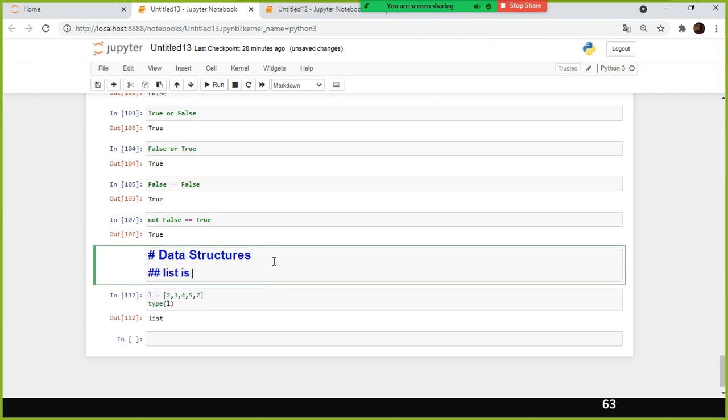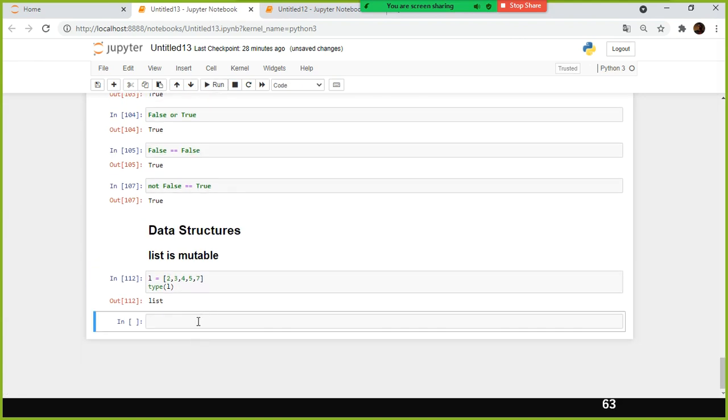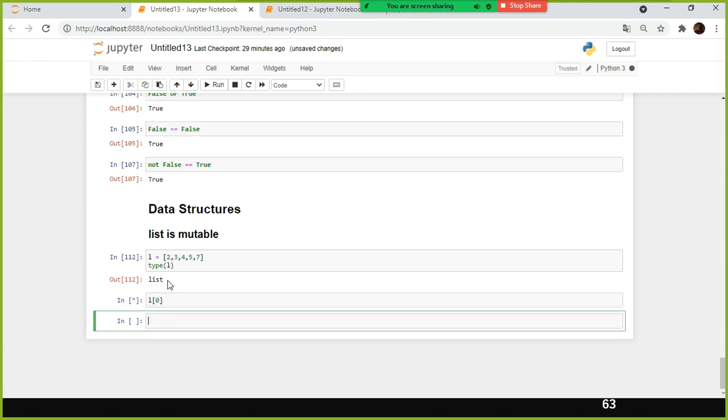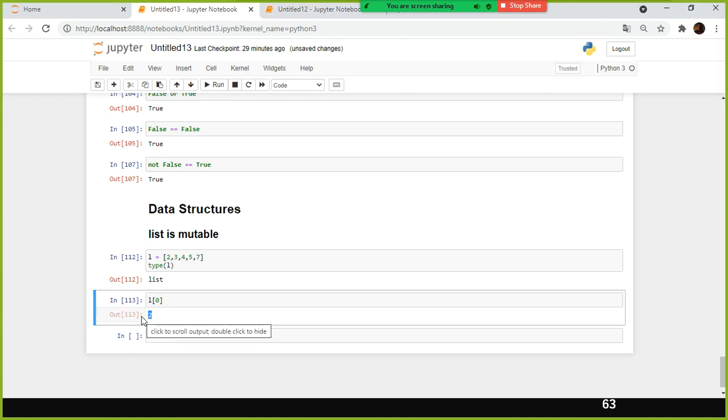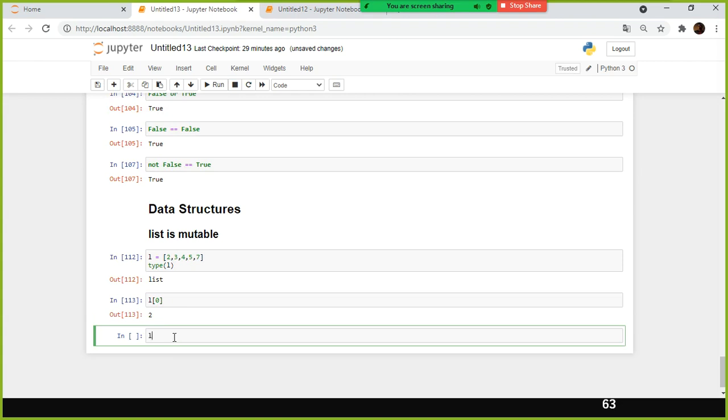A list is mutable. Unlike a string, a list is mutable. What is mutable? You can modify the values. For example, if I want to select the first element in the list, L of 0, same as a string, to access the value, L of 0 will give me the first value, 2. Can I modify the value 2 to 222? Yes, L of 0, the first index value in my list, has to be replaced.